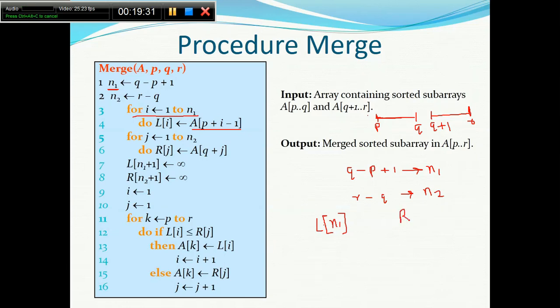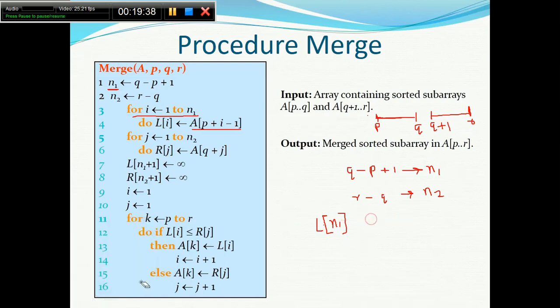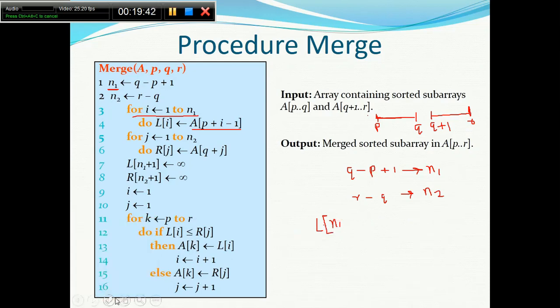So in Li I copied the first half, and in Rj I copied the second half.